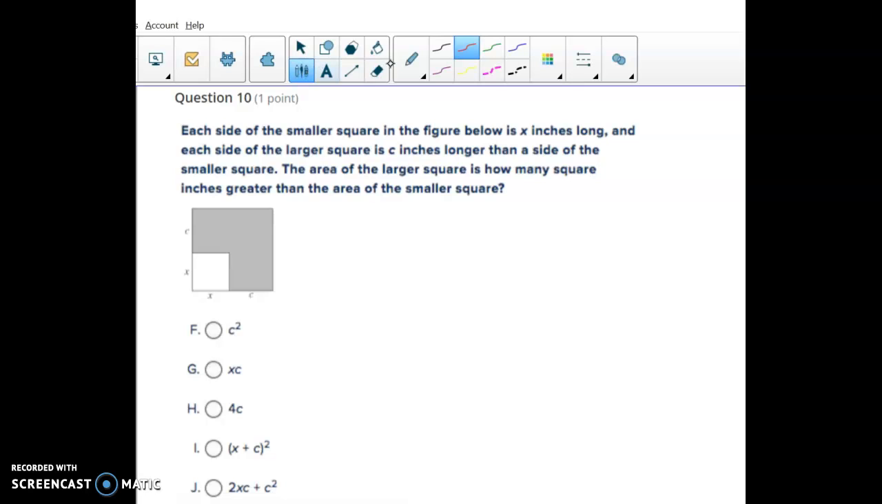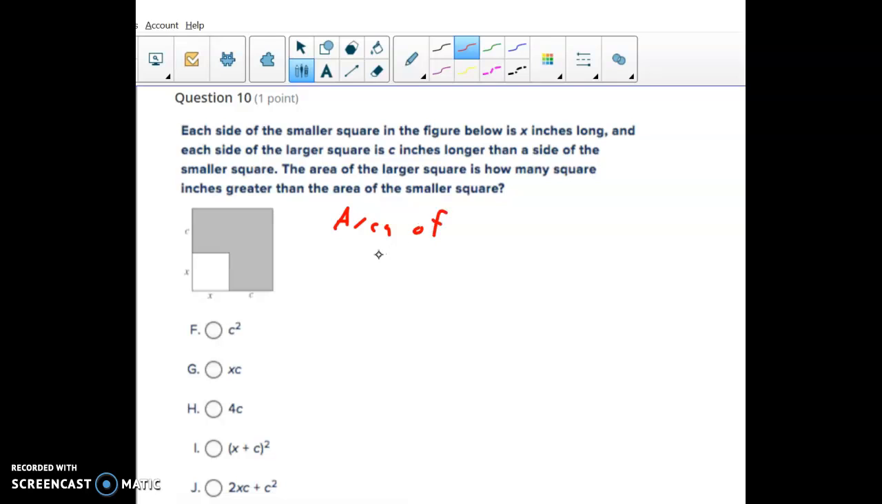Okay, this is to help with homework question number 10. We have to find how many square inches greater the area of the larger square is than the area of the smaller square. So this is a weird question. So I have to do like the area